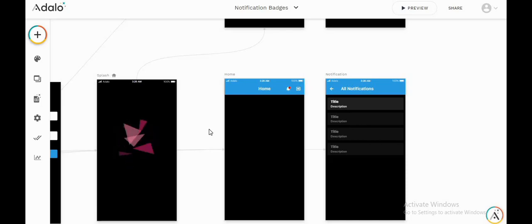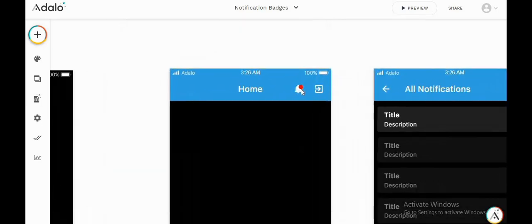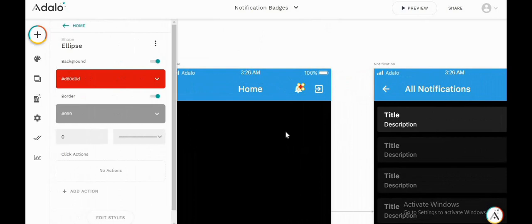So now I can simply put a visibility condition to this circle badge, this red badge, that my count should be less than total notification count. Okay, so then only this circle will be visible. Or we could also put the opposite condition, that the total notification count should be greater than user's notification count or user's last visit notification count. So it's simple as that.